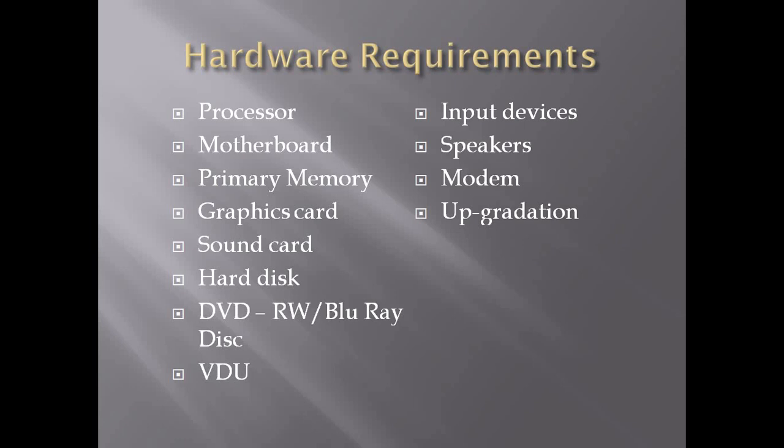So when you talk about multimedia, one is you should have a high-end processor, because generally multimedia tools or applications require a high-speed processor. All these modern multimedia tools require a high-speed processor. So at first you should have a high-speed processor. And within the CPU, we have a motherboard. We should have a minimum of 4 GB of RAM. We should have a graphic acceleration card, also called a graphic card, so that we can have high resolution video, high resolution audio, high resolution images.